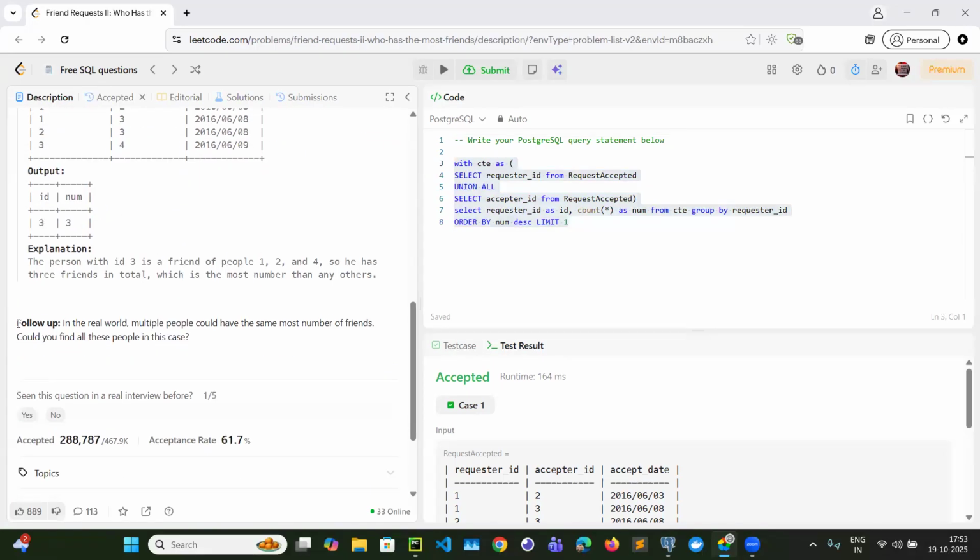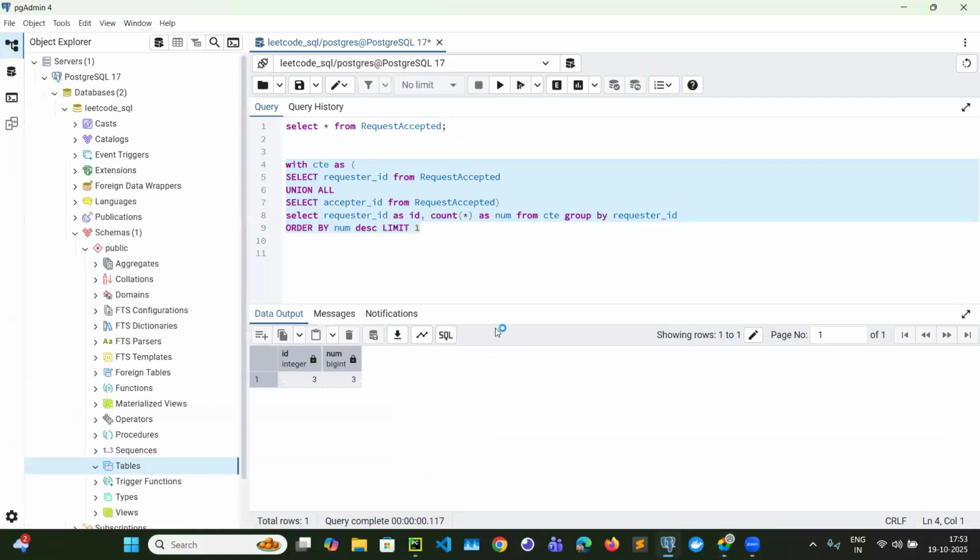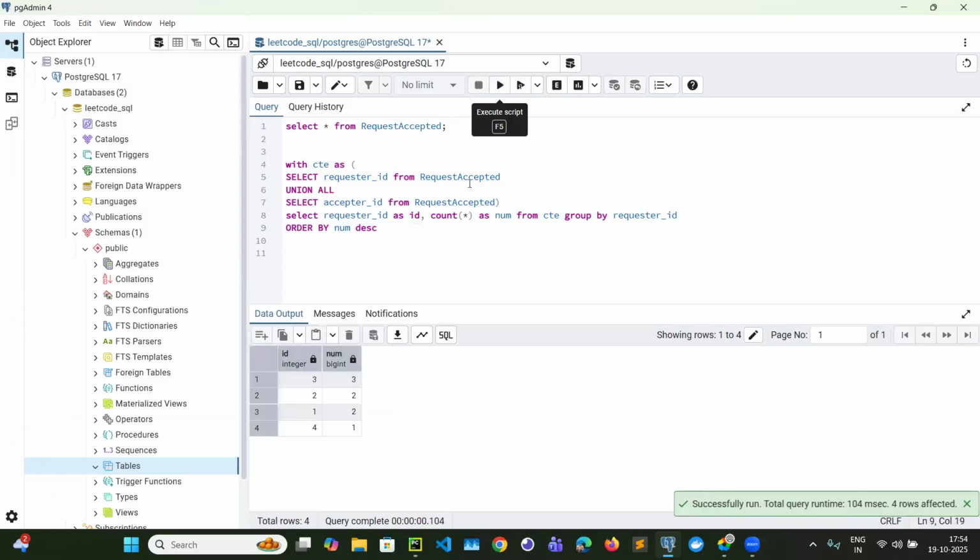But if you see, there is a follow-up question. In the real world, multiple people could have the same most number of friends. Could you find all those people in this case? Here the tests are written in such a way that you will get only one result, that's why I just put limit 1, right? But if I remove the limit 1,